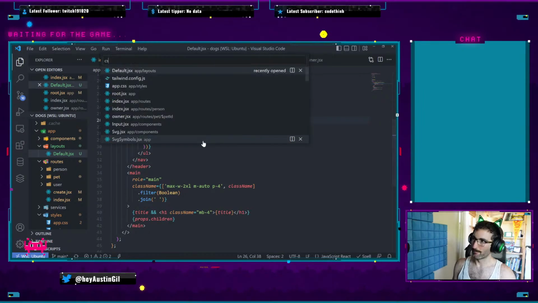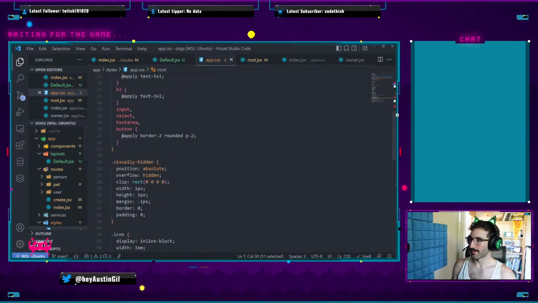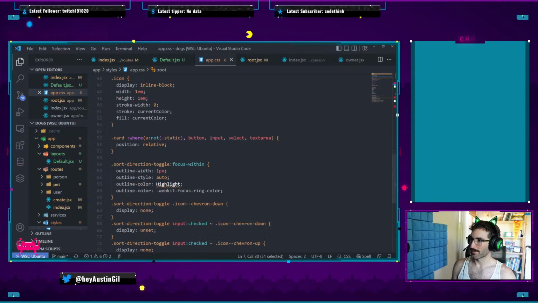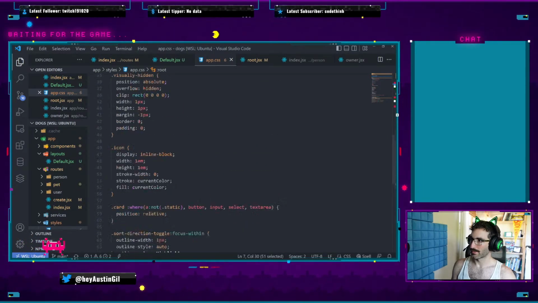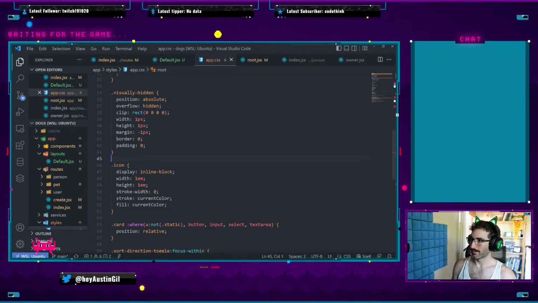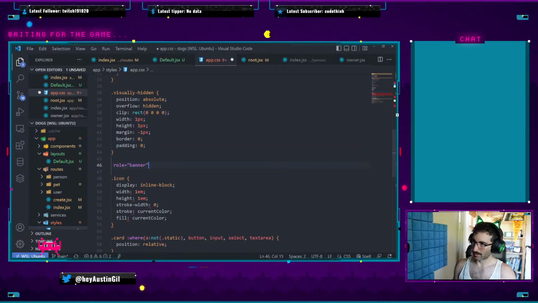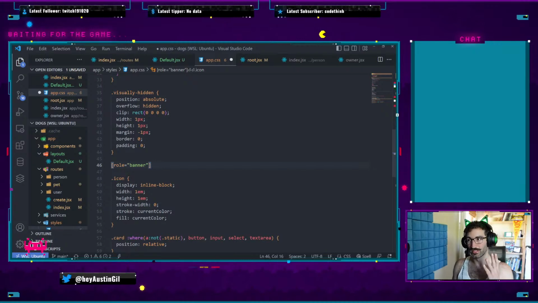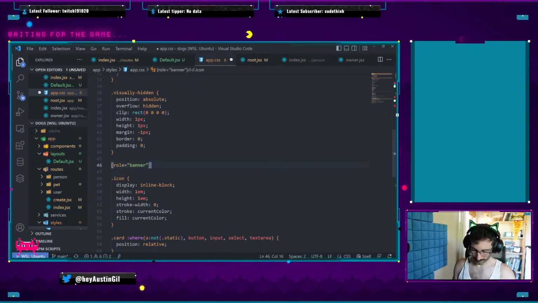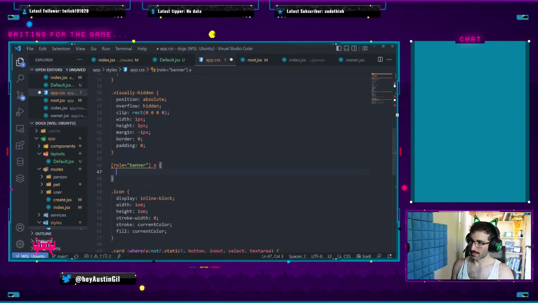So let's do that. App.css, we've got these layers, we've got some classes. I think it's going to go up above these classes. And its role equals banner, right? So let's do something like that where I say I want to grab the header. Role equals banner should be the only landmark across the page that's like the header. And then I'll just grab the links in there and say that the color